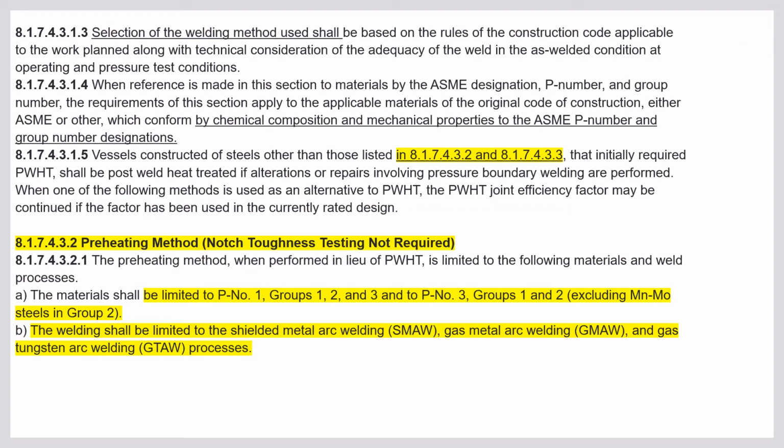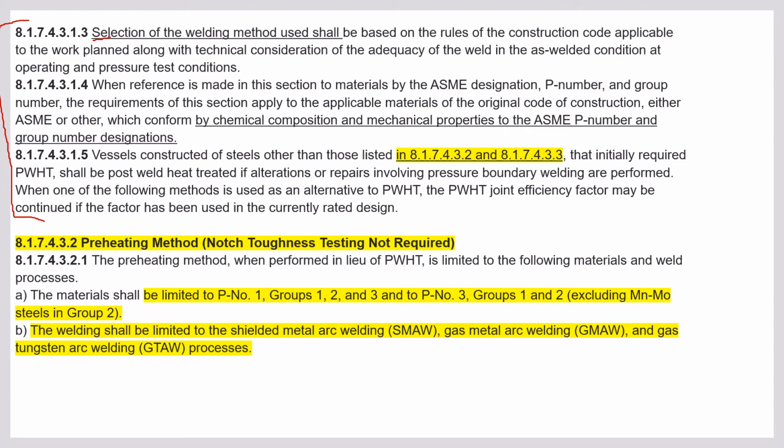So the selection of welding method used shall be based on the rules of the construction code applicable. These are all the requirements by which we can avoid the PWHT, okay. 8174.313 with reference to 314 and 315, all these are covered. You can go through this one. I don't see many questions from this one, but from the previous slide, 816, you will definitely find 2-3 closed